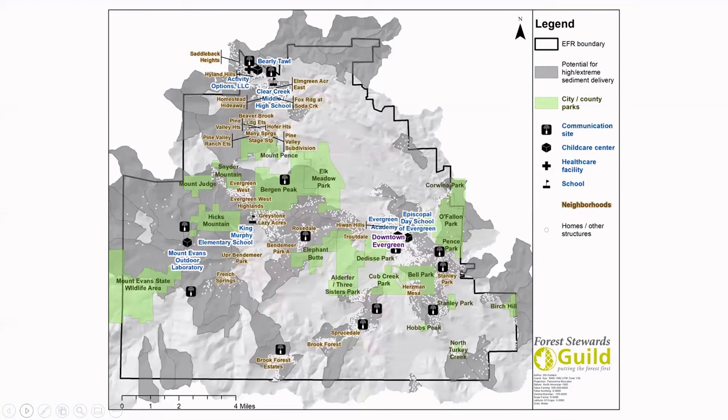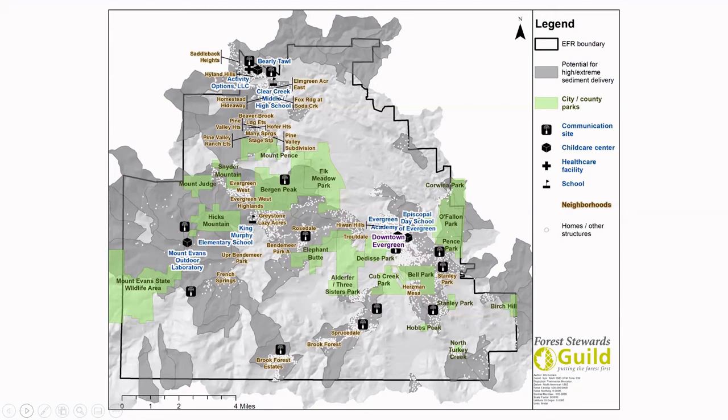So also from that same data source, I was able to download where there's different communication sites, like radio sites, cell phone towers, where there's child care centers, healthcare facilities, and schools. And then we were able to figure out which of those areas are potentially at risk from post-fire sediment delivery. And we wanted to figure out which city and county parks could potentially experience some damage, and then which neighborhoods